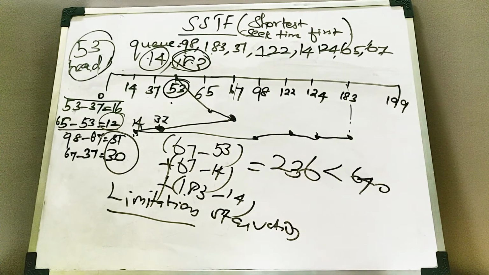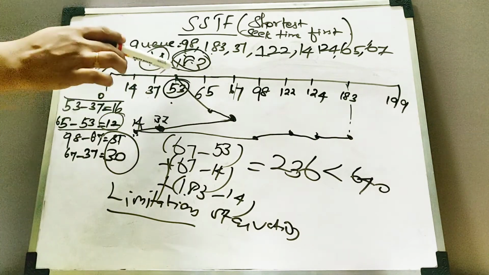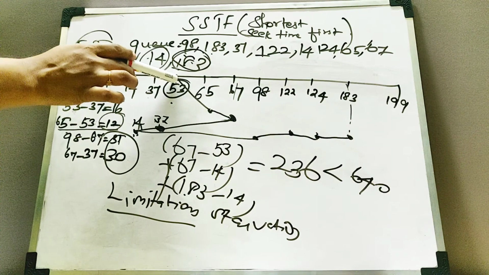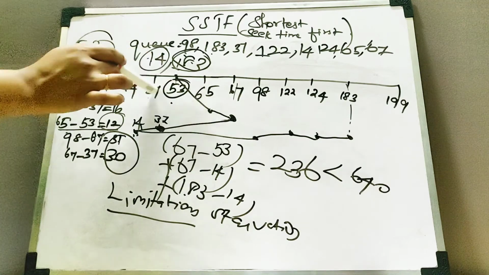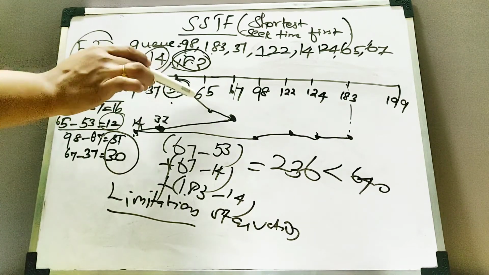Finally, this is a substantial improvement over the FCFS algorithm, but it is not optimal. We have many more algorithms. The next algorithm is the SCAN algorithm, and the next one is the C-SCAN algorithm. But this will reduce the cylinder movement when compared to the FCFS algorithm. What is shortest seek time first? From the current head position, it will look at the requests, and whichever has the very least seek time value, it will take that value and then proceed.